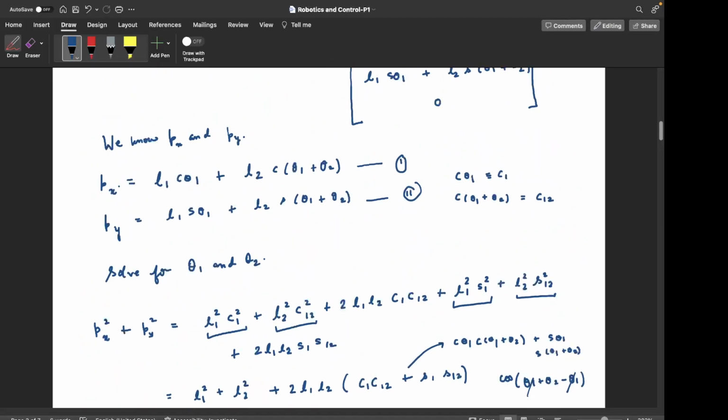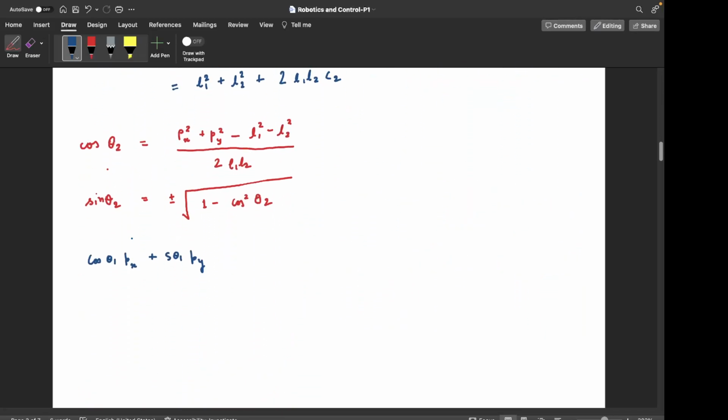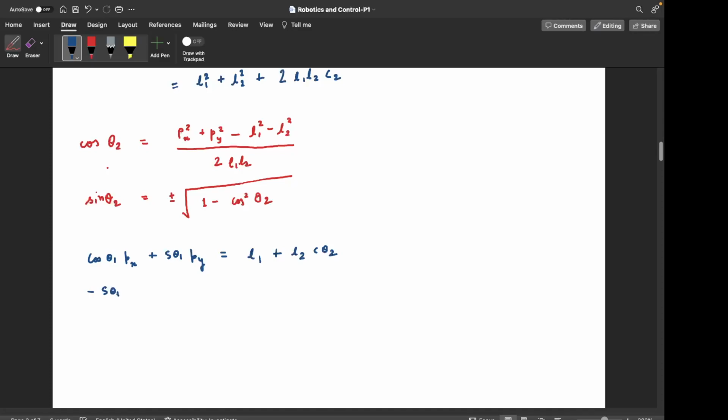This equation, multiply px by cos theta 1, multiply py with sin theta 1. So what we get, if you do that, you get L1 plus L2 cos theta 2,